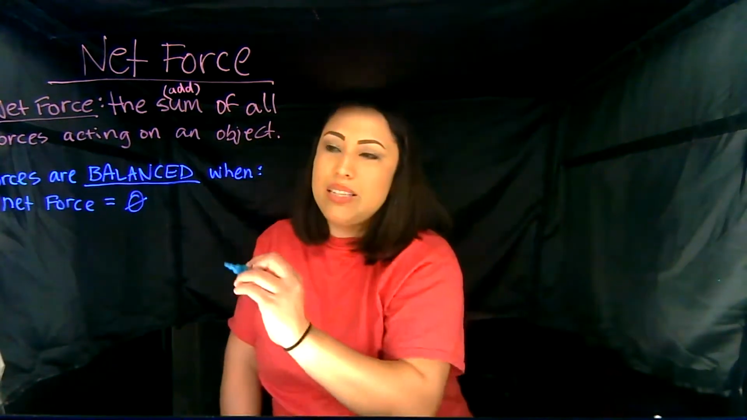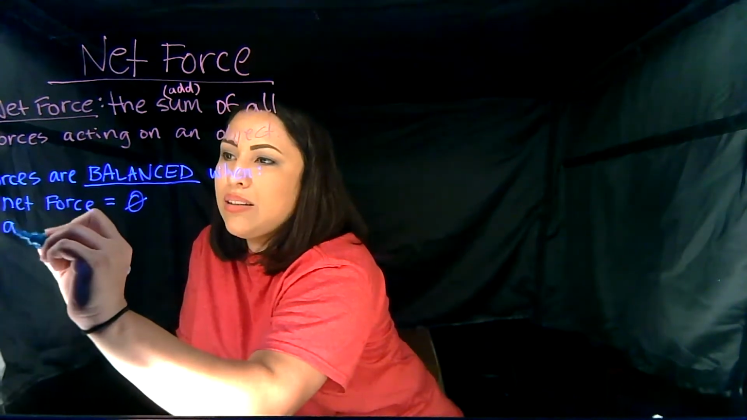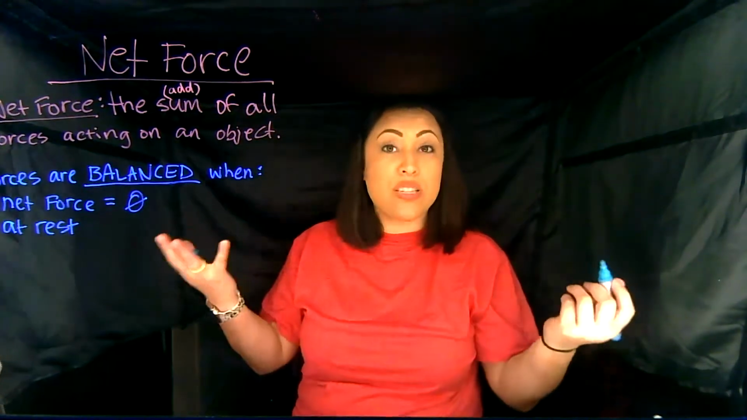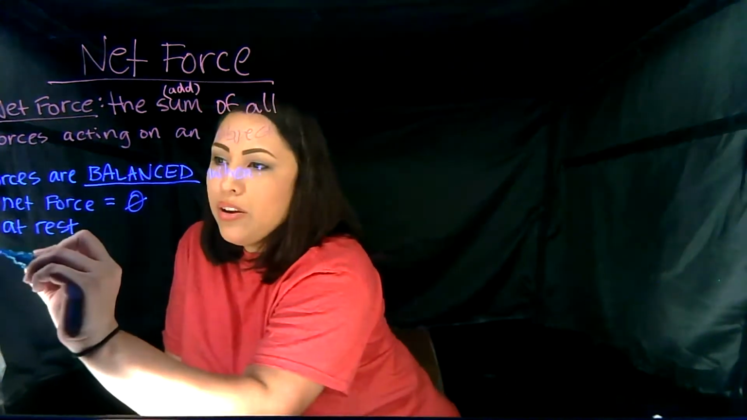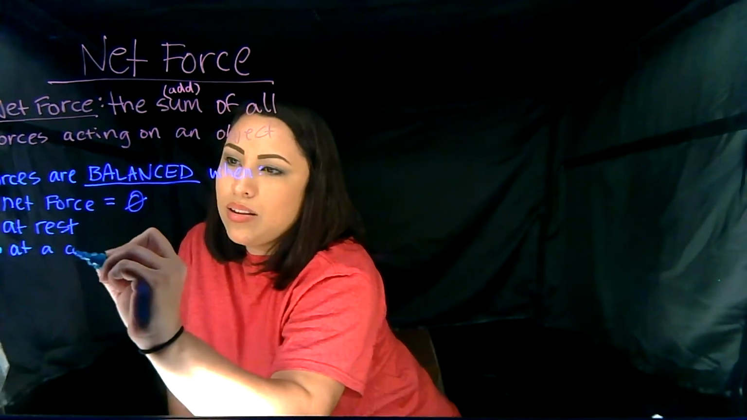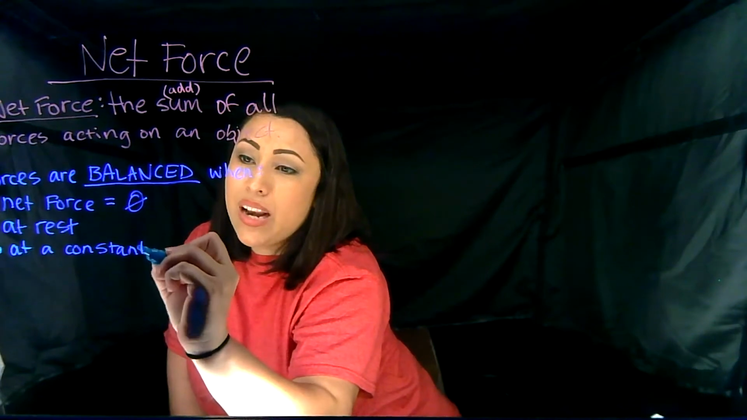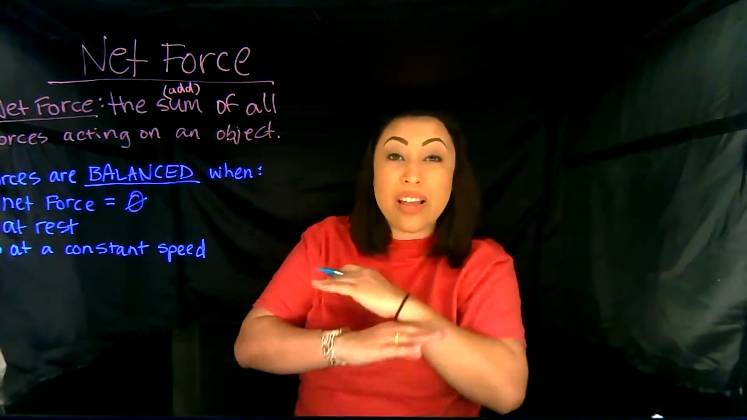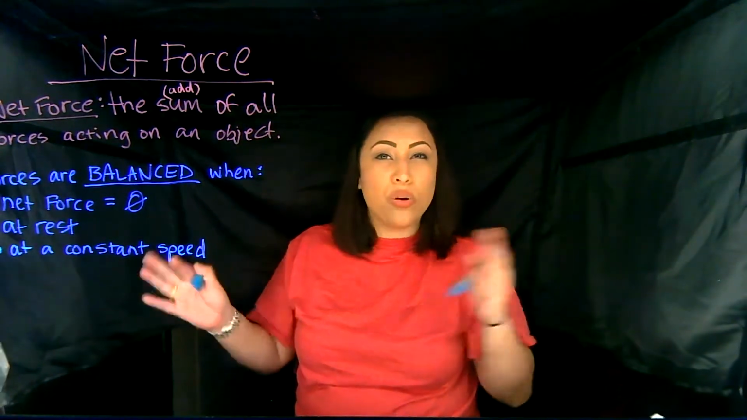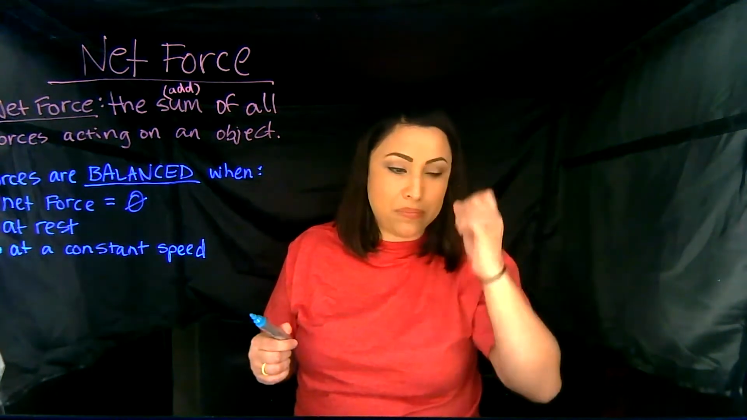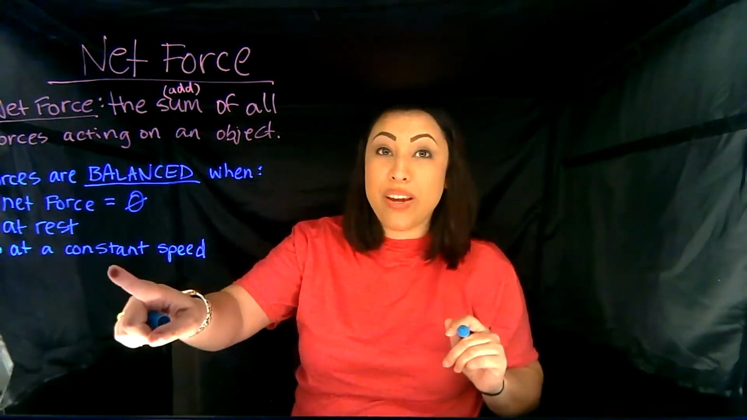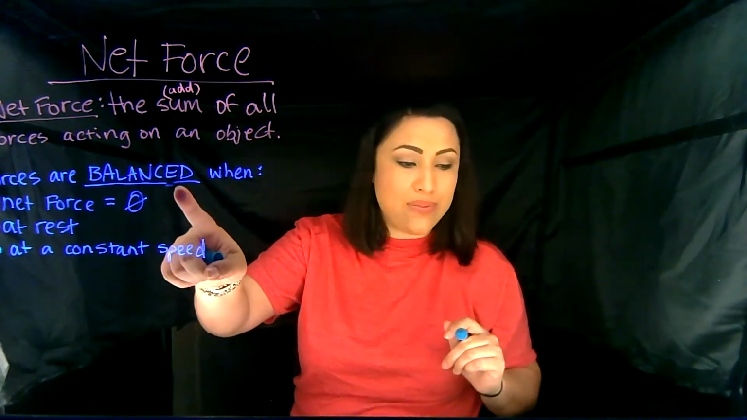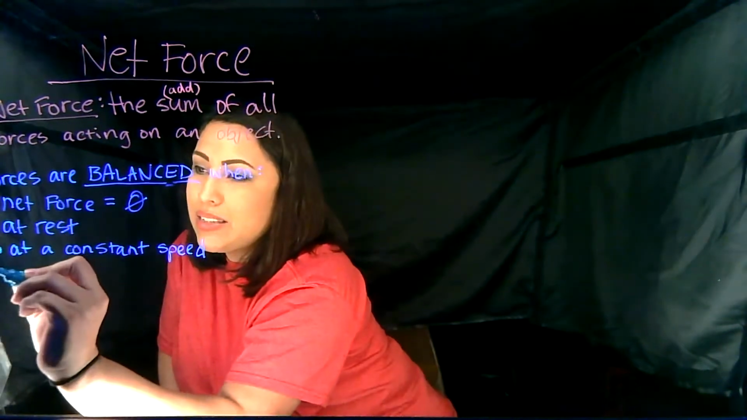The other instance is when an object is at rest, right? So if you are just sitting there, you're at rest, the forces are balanced. Another instance is when an object is at a constant speed. Constant speed, what does that mean? They're at the same speed. So like if you're in the car, you're driving on cruise control, that is a constant speed. So we can be moving when we have balanced forces, but it has to be at the same speed because balanced forces means that there is